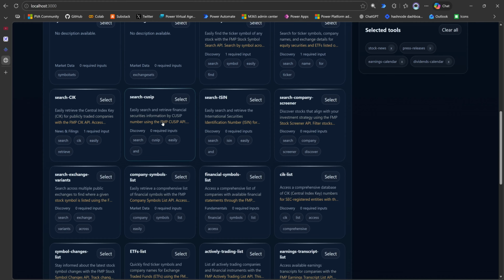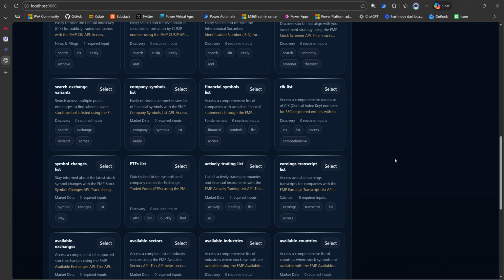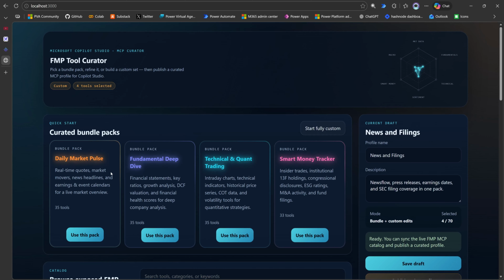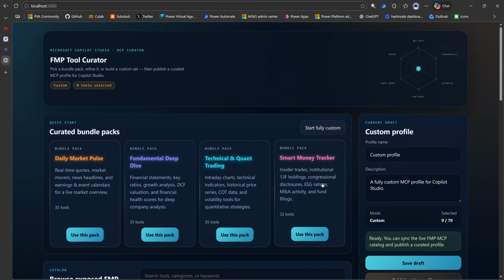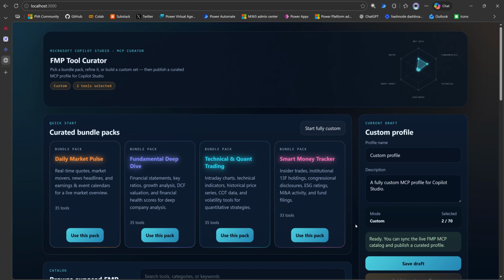Now where it says amber yellow color, that means there is more to the descriptions. Skip cut off. Okay, that's very nice. And on top you can see what pack has been selected, what sort of tools, and if we go for the custom, you can see it's custom, 0 tools selected. If we add some tools here, 1 and 2, you can see it's 2 tools selected, and that shows different